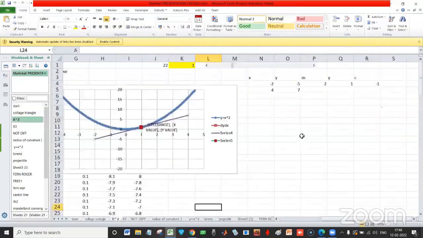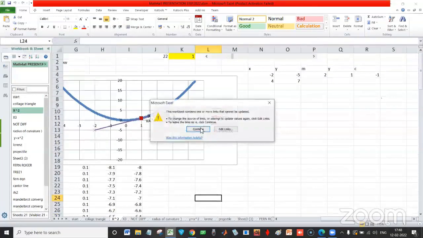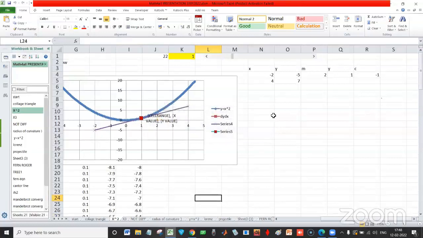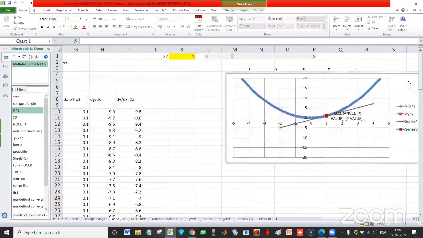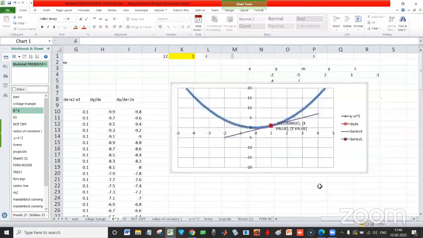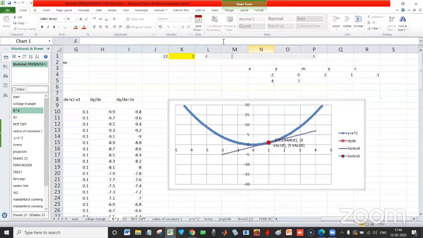So first I show this Excel, how we do calculus in Excel. Here you can see the simple function, y equals x square, and this is the tangent line. It is available here how I have calculated it, and how I am animating it. At any point we can get the